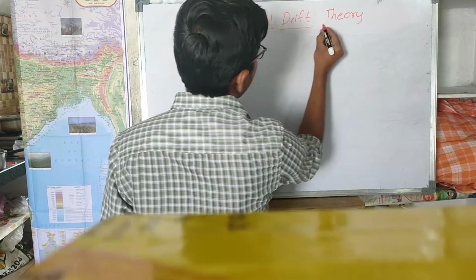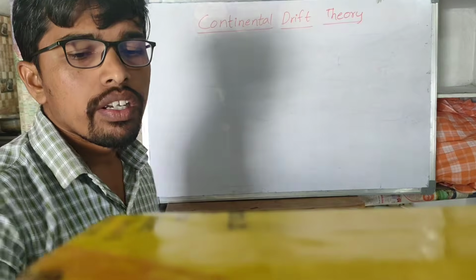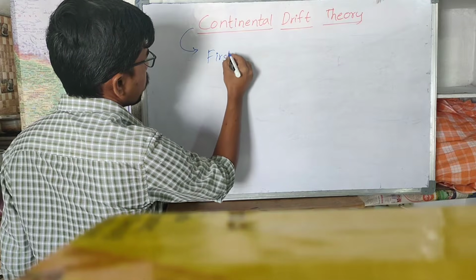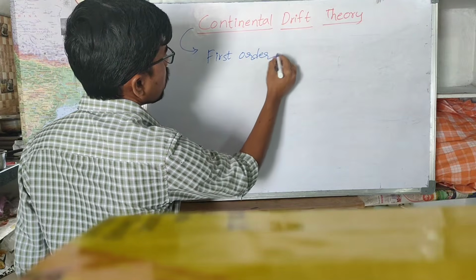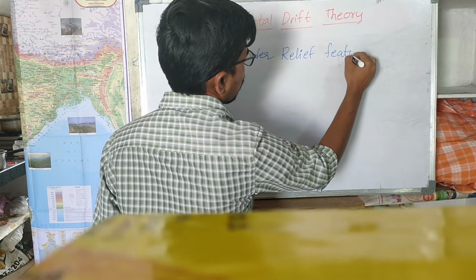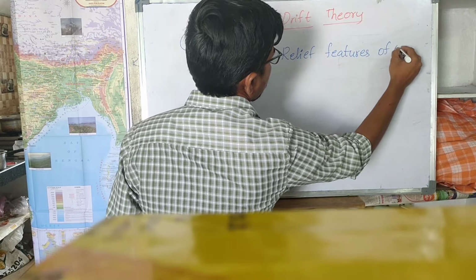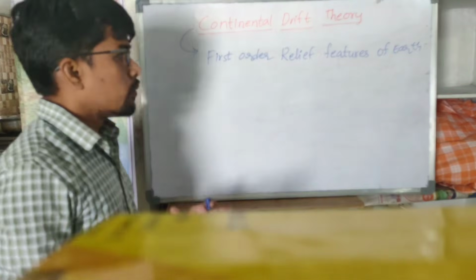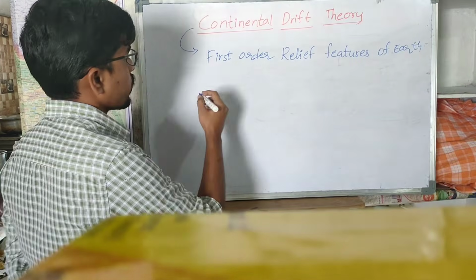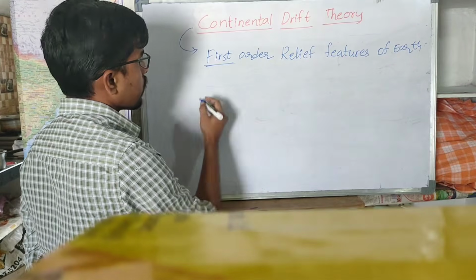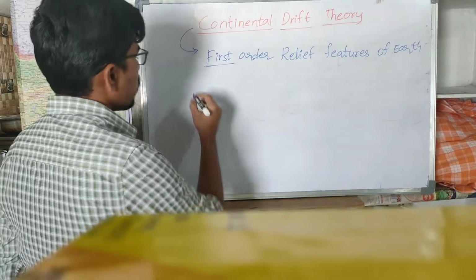The continental drift theory explains the formation of the first order relief features of the earth. It explains how the first order relief features, the basic order of the relief features of the earth, which are continents